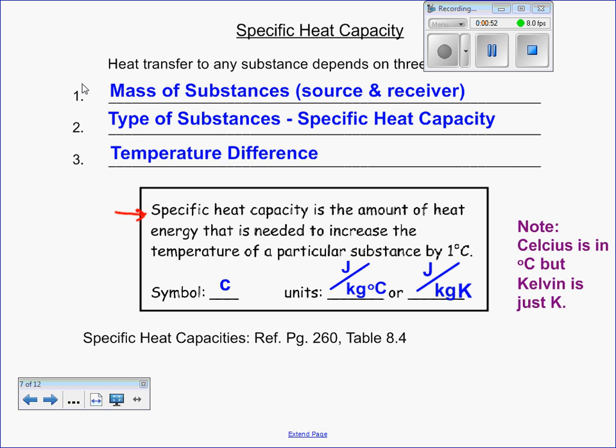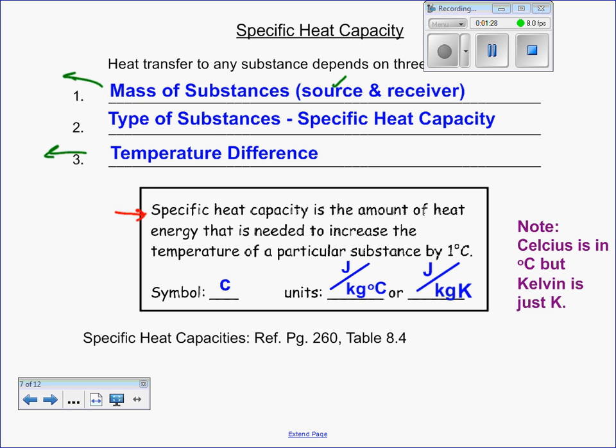So heat transfer depends on several things. The mass of the substance, so how much of the substance exists that you're trying to heat up. And also, if you've got two substances together and one's hotter than the other and giving the second one heat, the mass of the source also matters. The temperature difference between the two of them